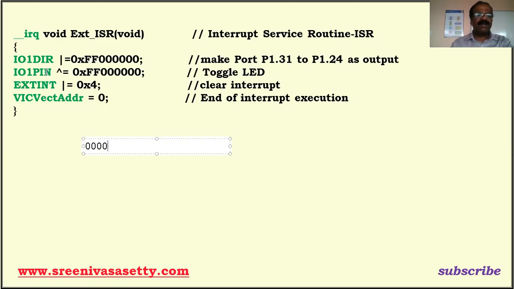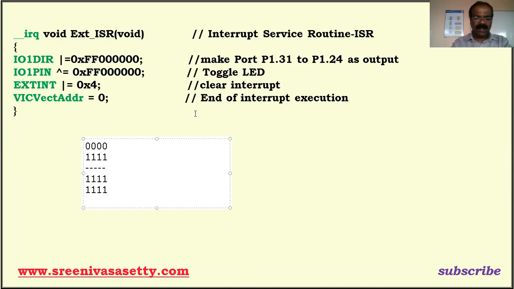Then the data here, let it be 1111. I'm going to explain with respect to four ones. If we exclusive OR with this, what happens? 0 exclusive OR 1 gives 1, so you get 1111. Then this becomes the content of your IO pin. According to this, initially the LEDs are off; once we change it, the LEDs are on. Then, if you interrupt the system a second time, it will come back once again and execute this statement, with the data remaining the same.